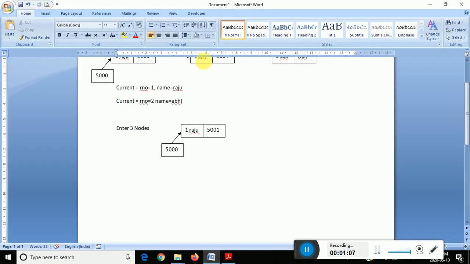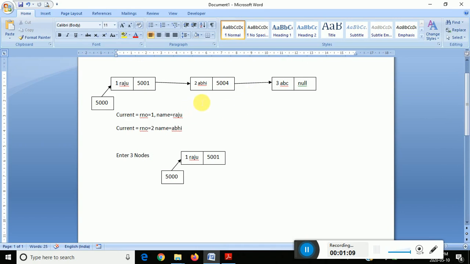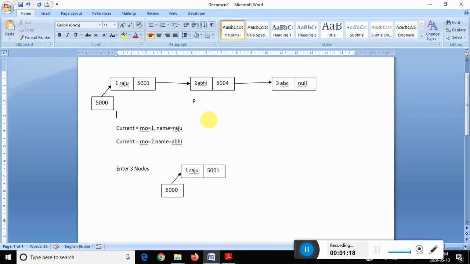For example, if we find roll number 2, then it will assign temp equals p, meaning the value of temp will point to the node a b.